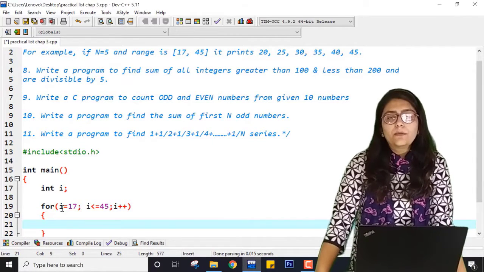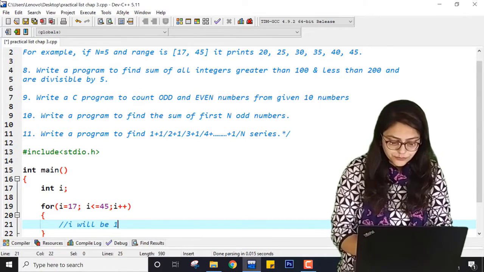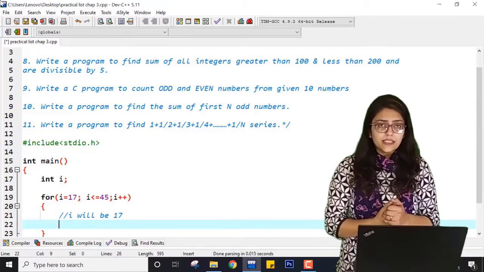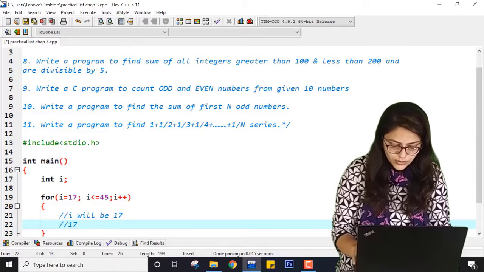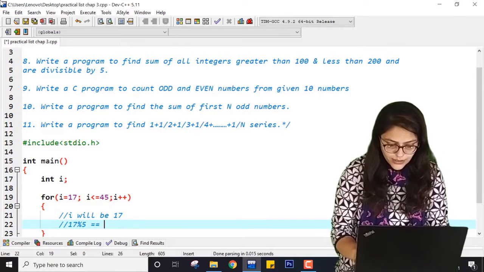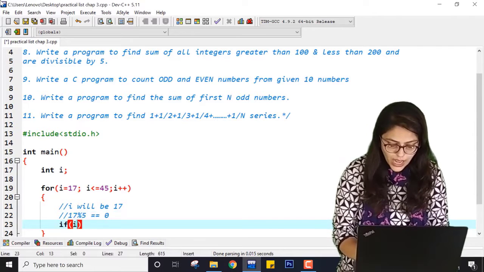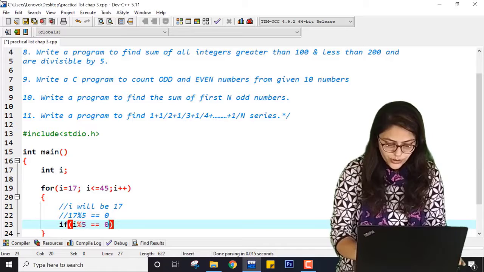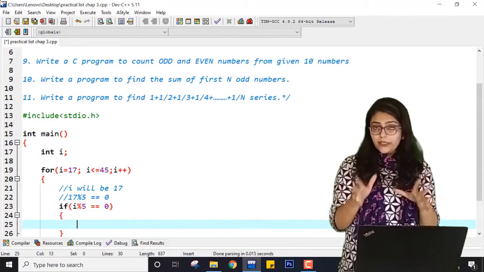Now inside this loop, what am I checking? In the first iteration, i will be 17. How can I check if 17 is a multiple of 5? If i modulo 5 equal to 0, that means I just want to print that number.